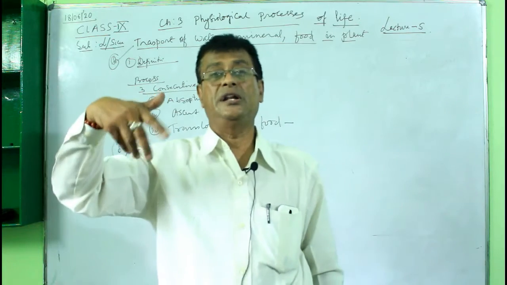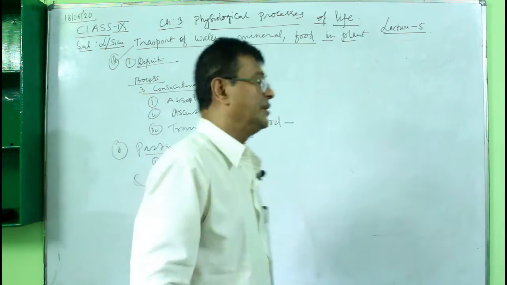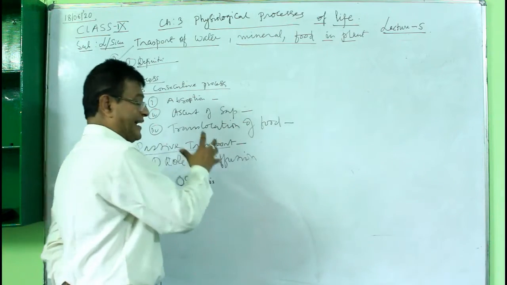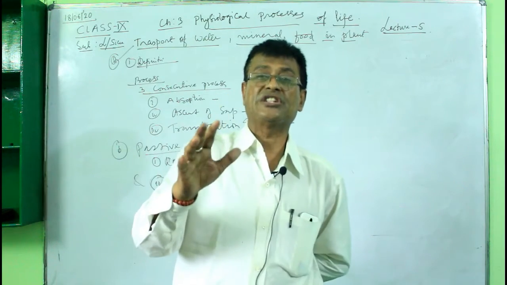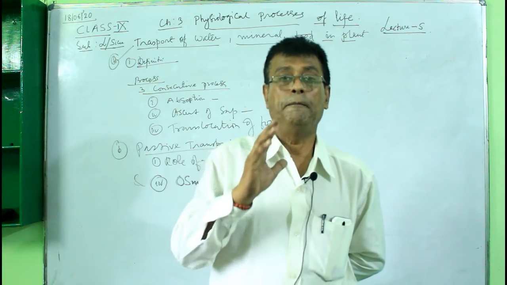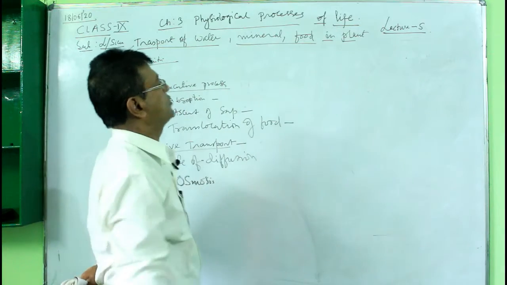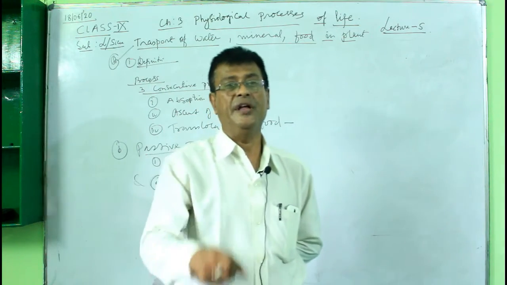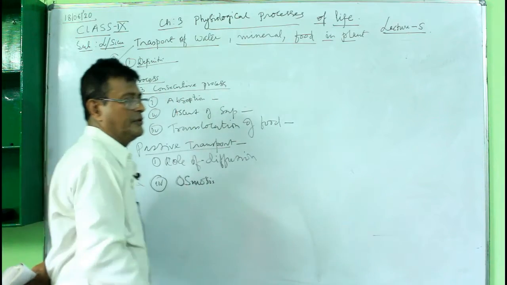part where they do the laboratory activity or kitchen activity, that means in the leaf, through the stem, and then when they prepare the food, it is sent to all other parts of the plant body. This is known as the transport of water, mineral and food in plants. Well, we have, as far as the absorption,